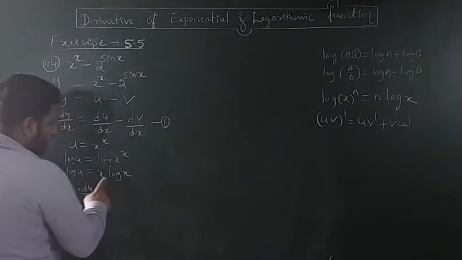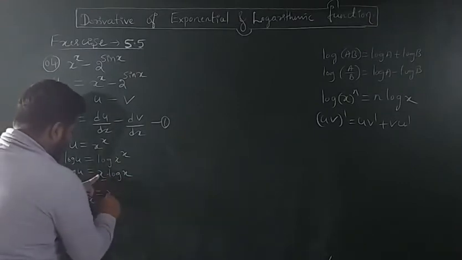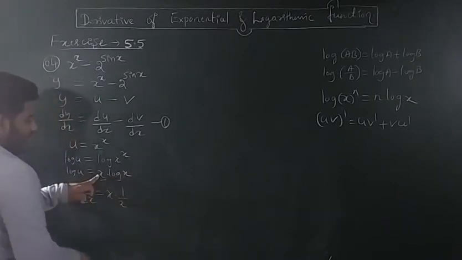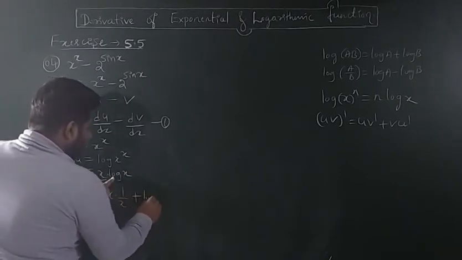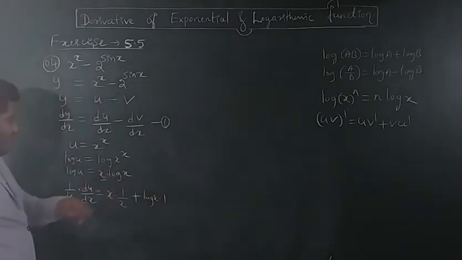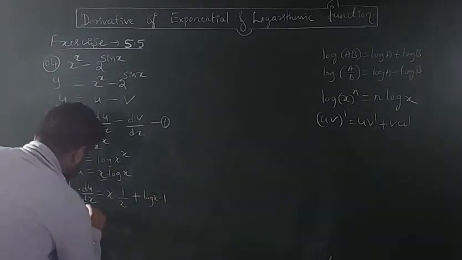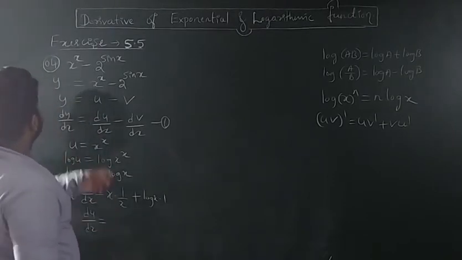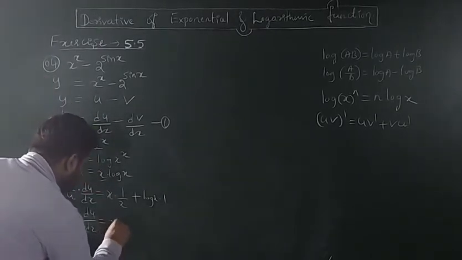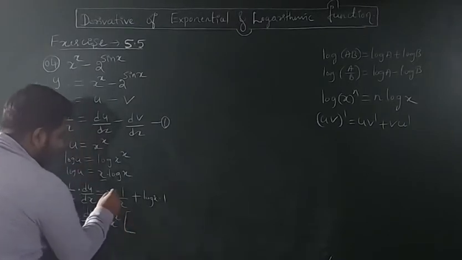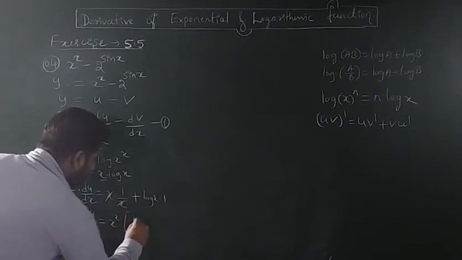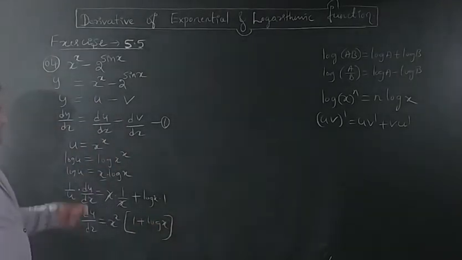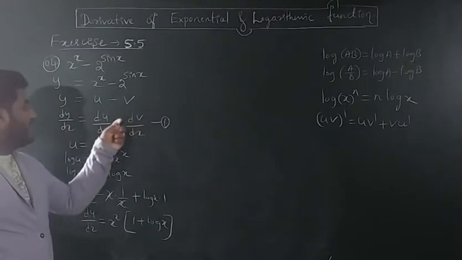What, again two functions are there, so product rule. First function as it is, differentiation of second function, that is log x, differentiation is 1 by x, plus second function as it is, differentiation of x is 1. So take this u to this side. What are you getting? du by dx equals u, which is nothing but x raised to x, into, this x can cancel, 1 plus log x. So this is du by dx. Here this is over. Now we have to find dv by dx.